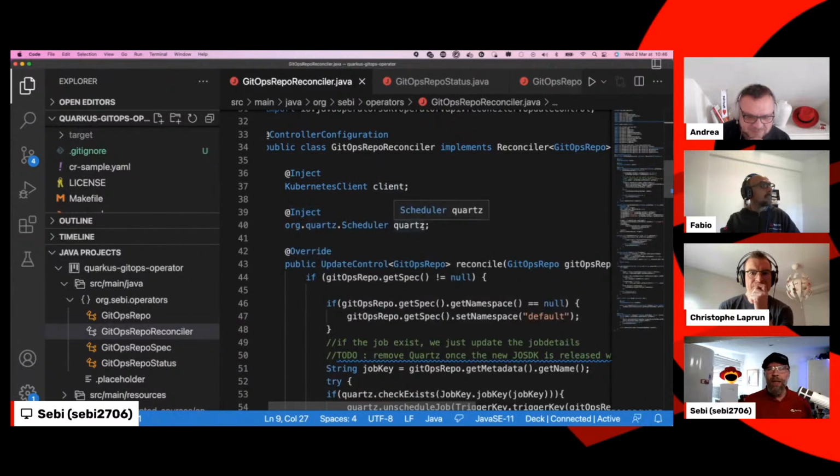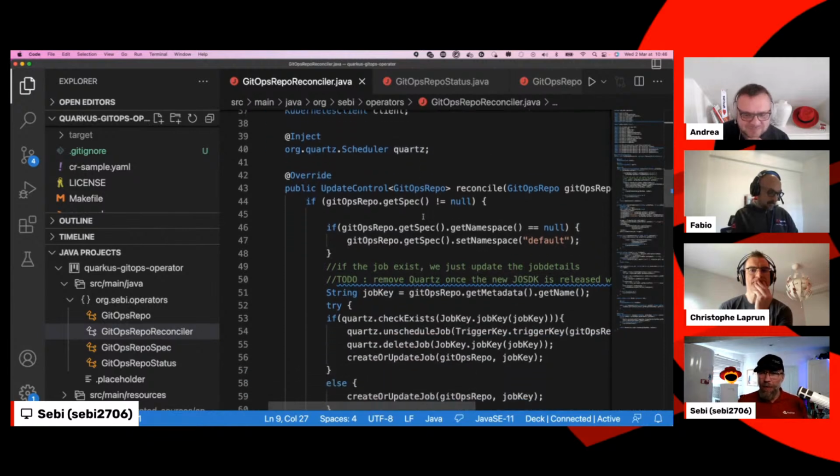So I'm using a library called Quartz. I should not use that. Christophe showed me, he opened a PR to remove that part, because out of the box, the operator SDK can handle that. But basically, my reconcile, what happens,